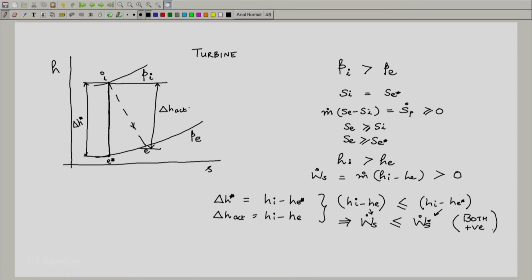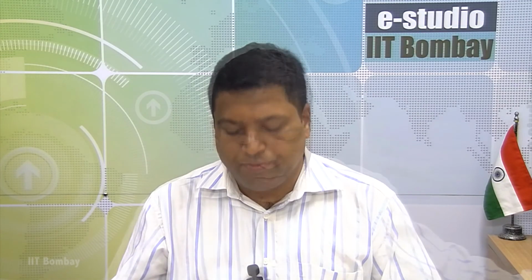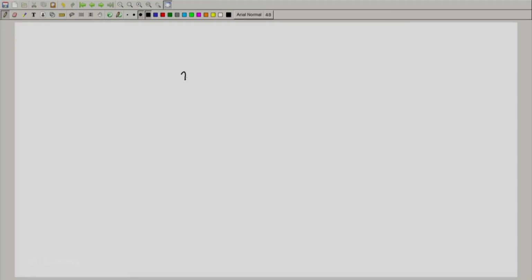Now, because of this we can actually go ahead and define an efficiency. So, let us see how we will do that. So, the efficiency of a turbine, and we will call it the isentropic efficiency, this is because we are going to base it on the isentropic process. So, in the isentropic process, what we get of W ideal is m dot (Hi minus He star), and we are going to base it on this so called ideal work, and hence we will define something called eta St, which is the isentropic efficiency of a turbine.